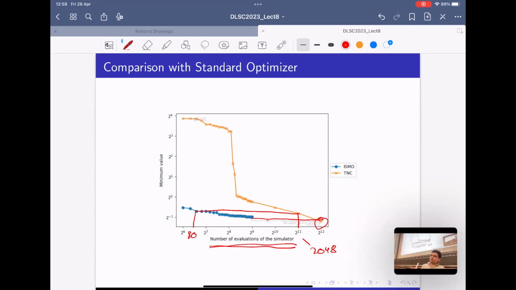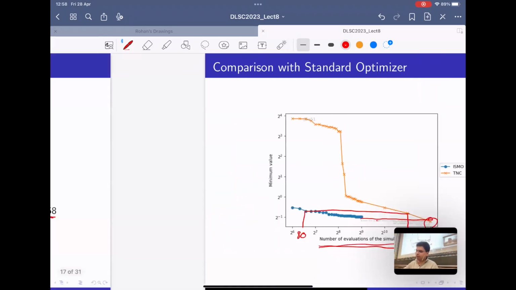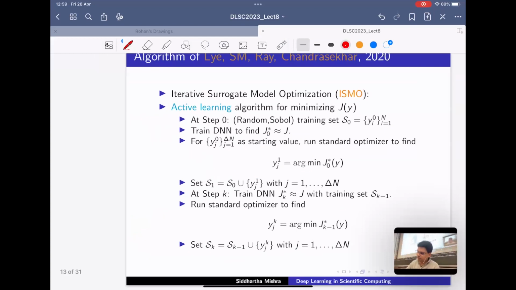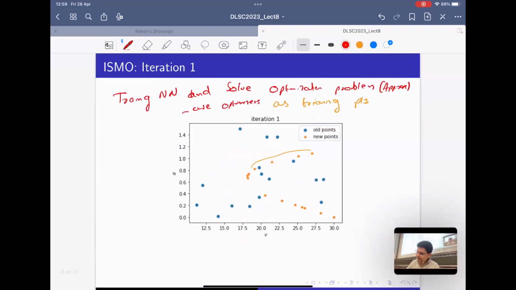So this was sort of the main message. But these are sort of the downstream tasks that we could potentially handle with machine learning. Okay, so let me stop here and take the break. After the break, what I want to do is this: all of this work, and there are many other examples like this from my lab and from other labs, the idea is that you have this,